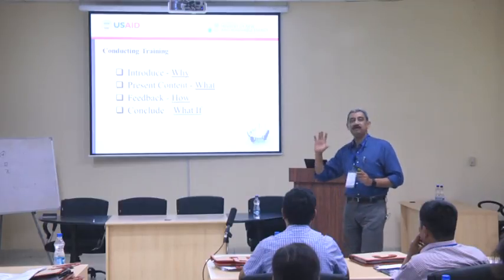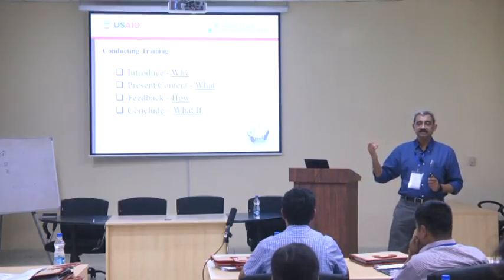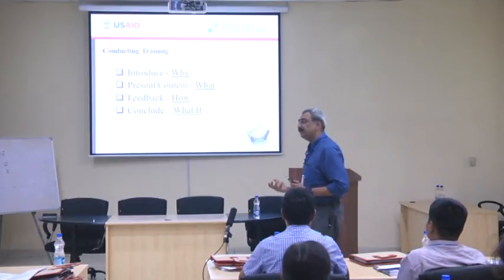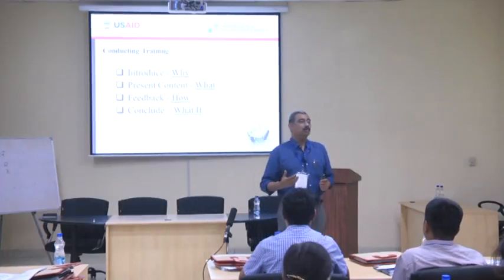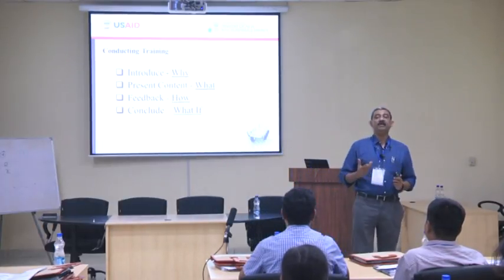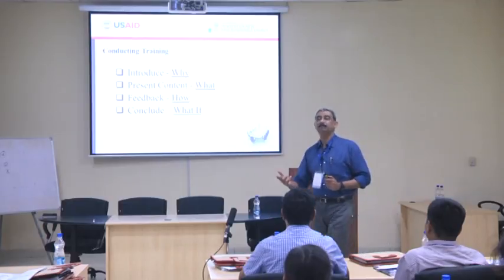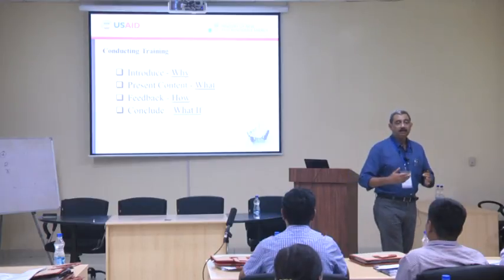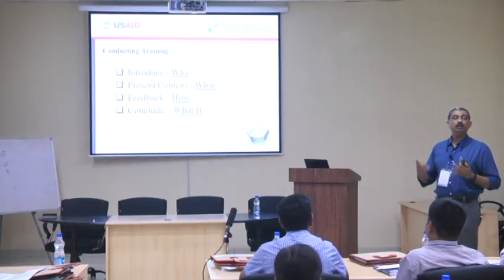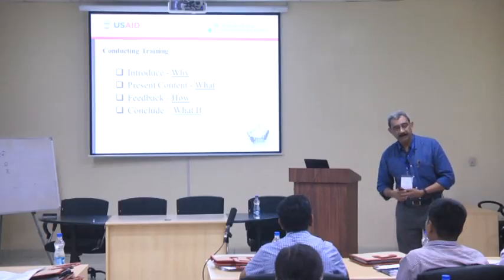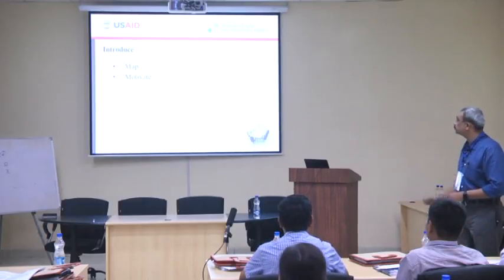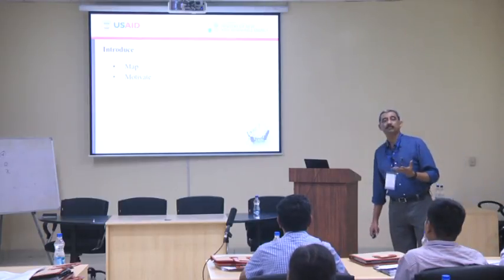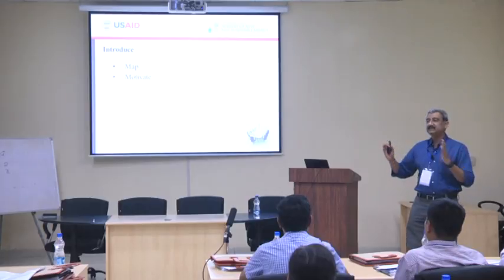We said that for adult learning, the implications of characteristics were we should have a strong beginning and strong end. So part of that strong beginning is that you need to convey to the participants what are the benefits of this program to them, so that they are in a suitable frame of mind to learn what you are trying to teach them. Right? So what we do is when we introduce, there are two things that we do. One is we map and the second is we motivate.